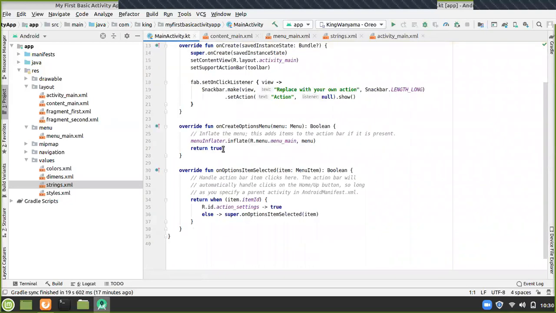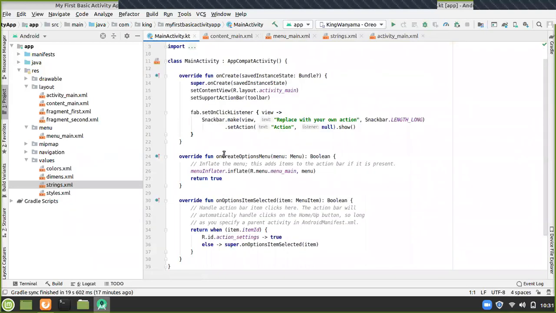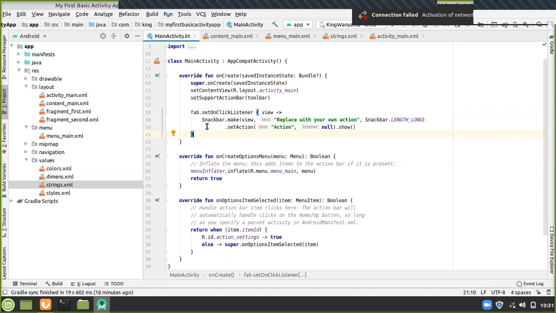Yeah, main activity. Then, ladies and gentlemen, right now most of you are going to be looking at a lot of code on this screen and wonder which is which. Right now, guys, don't worry about this one here. This is our floating action button, and it is being set using something called a snack bar. There's something called a snack bar that they are setting on this floating action button. If you guys want to know this is the floating action button that I'm talking about, allow me to switch you guys to the